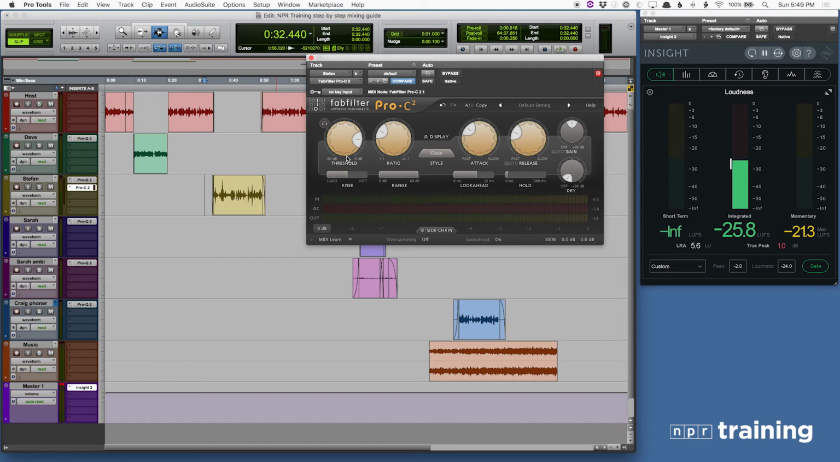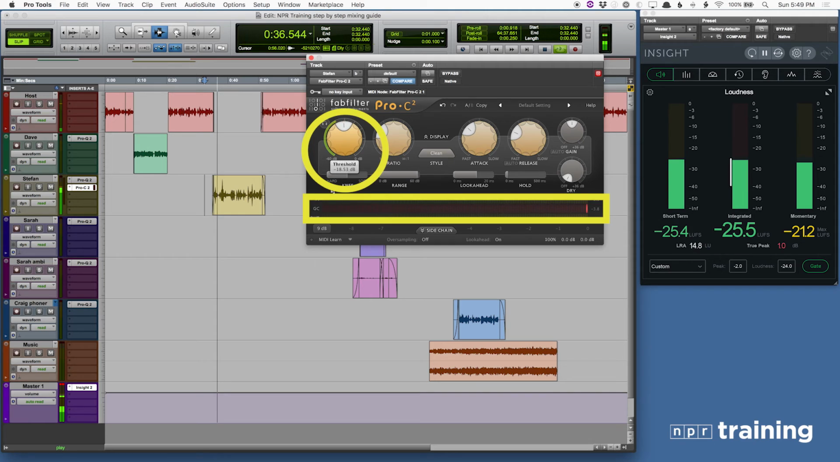Now, hit play and lower the threshold knob until the gain reduction meter consistently shows 2 to 3 dB of